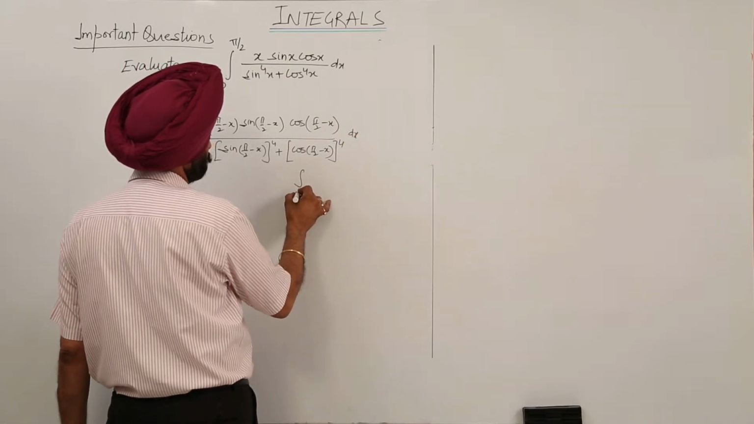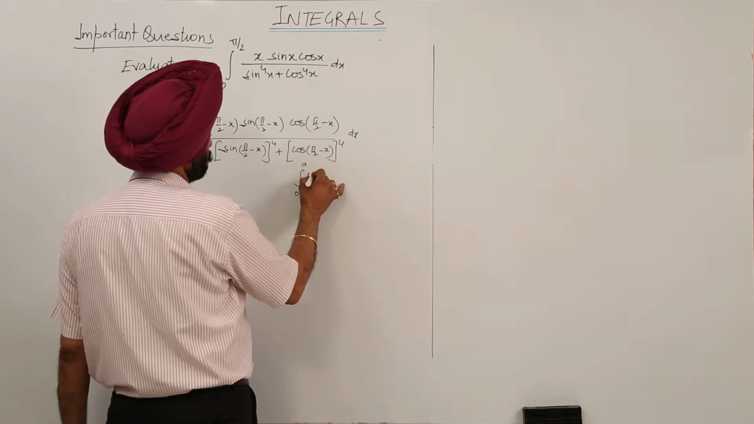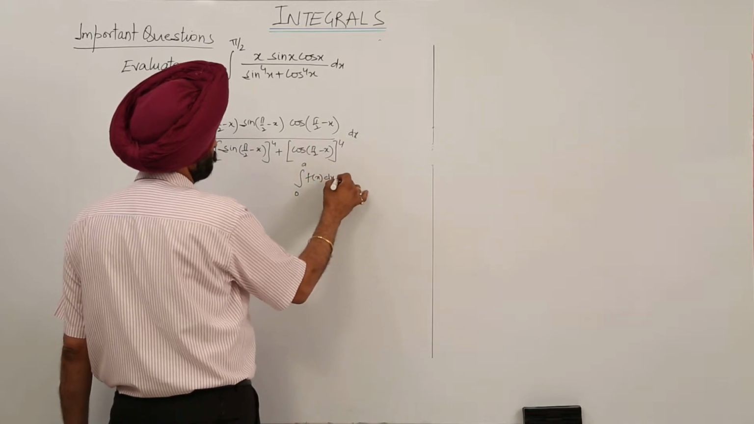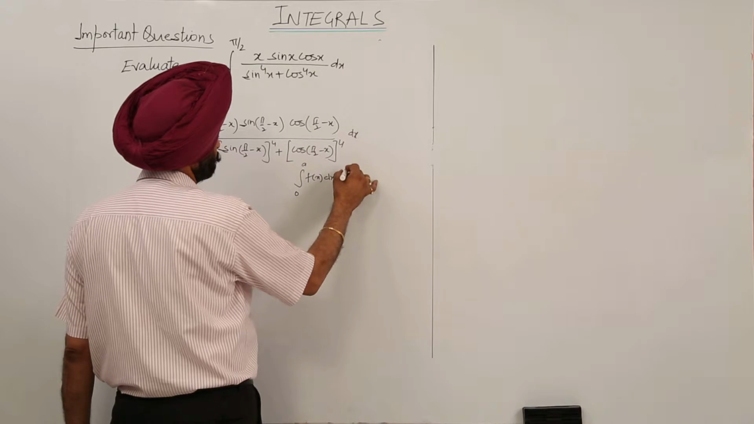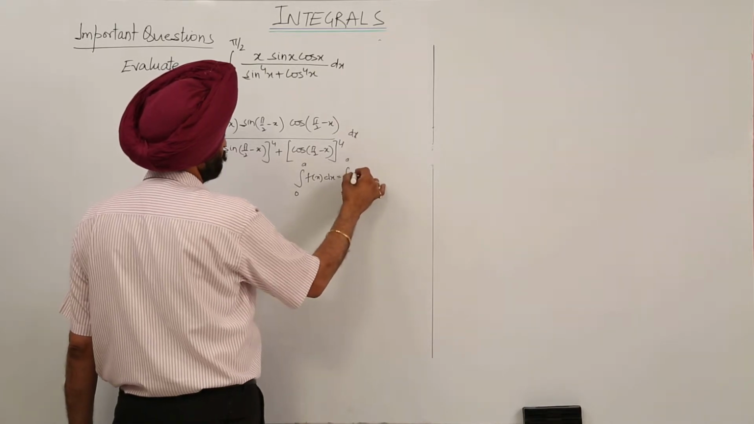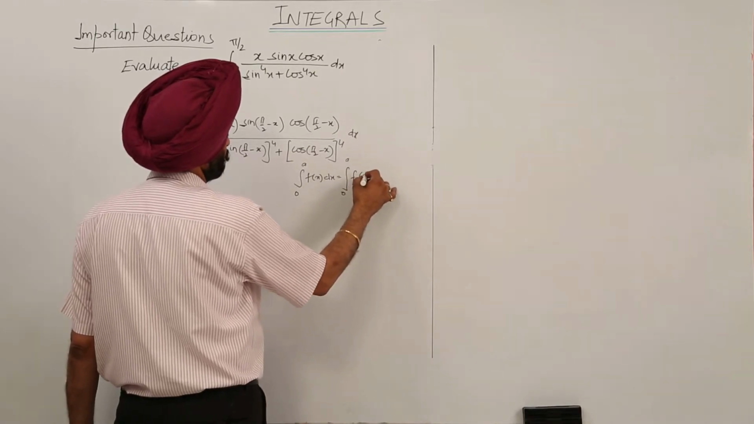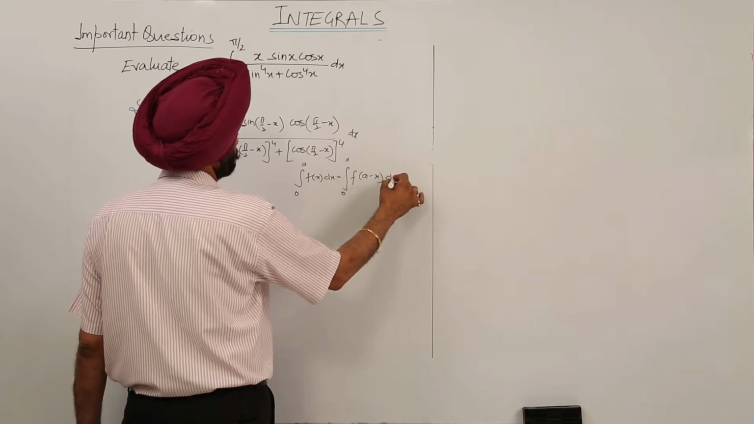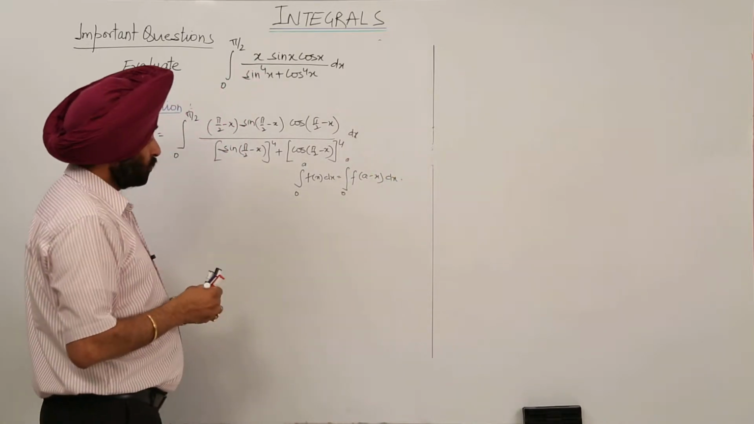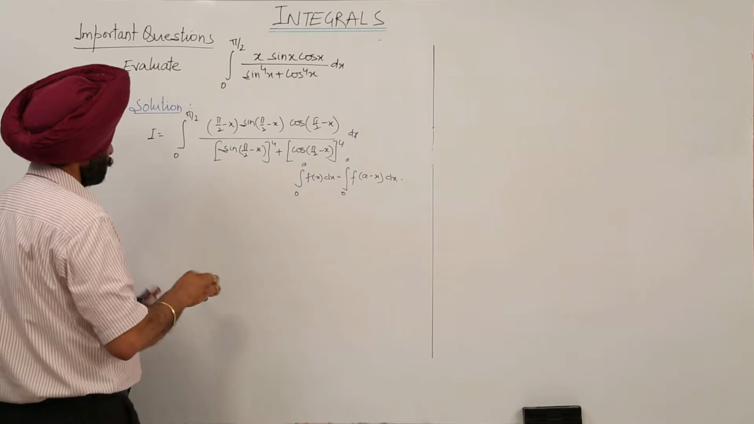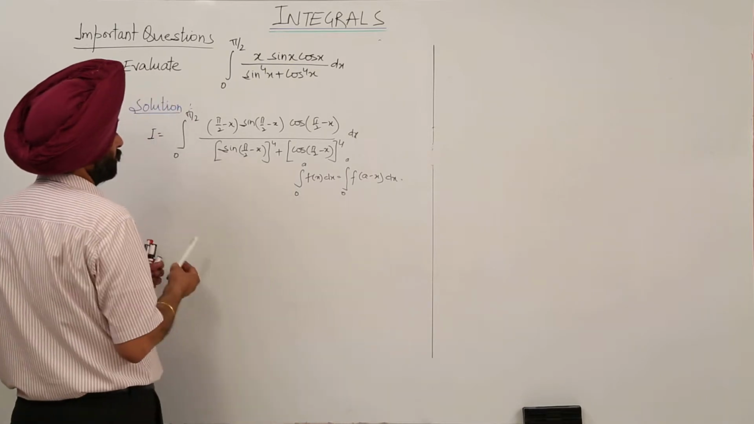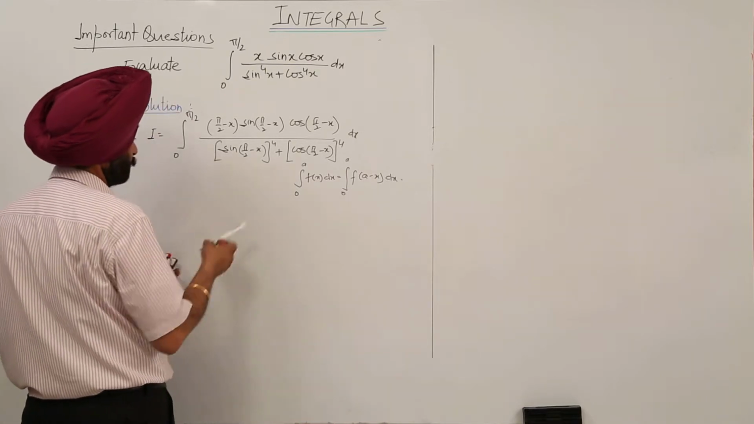Integration of 0 to a f(x) dx is equal to integral 0 to a f(a minus x) dx. We have used this property. Now question becomes